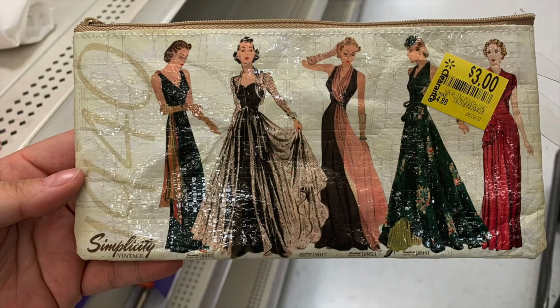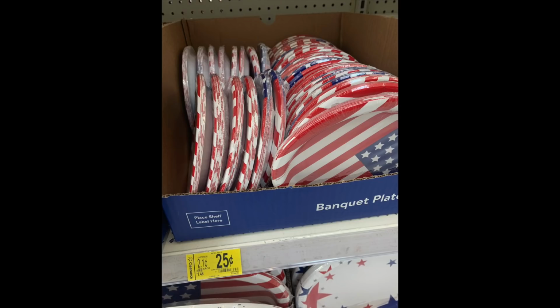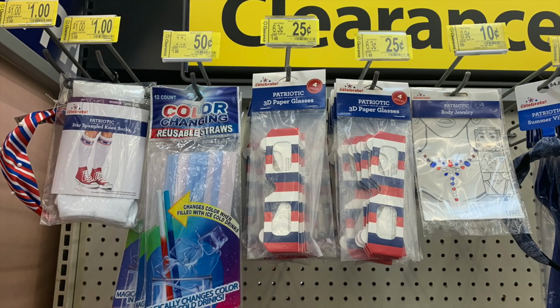And just closing it off here, guys, I just wanted to show you some of the clearance that I found. These are the really cool pencil cases that I found for $3. The original price point was $4.88, and all of the 4th of July plates, napkins, you name it, a quarter each. So this all went on clearance on Sunday,